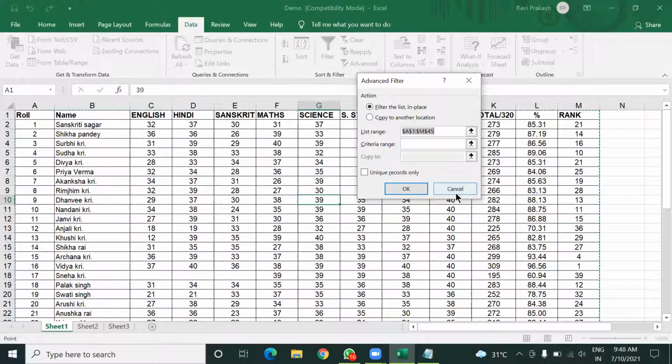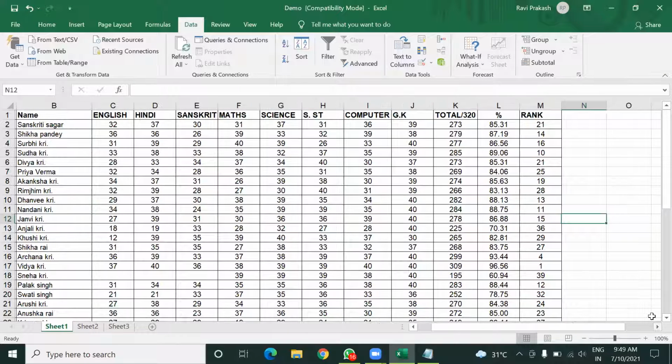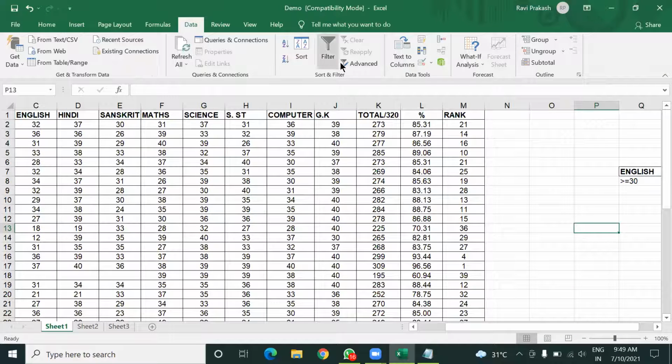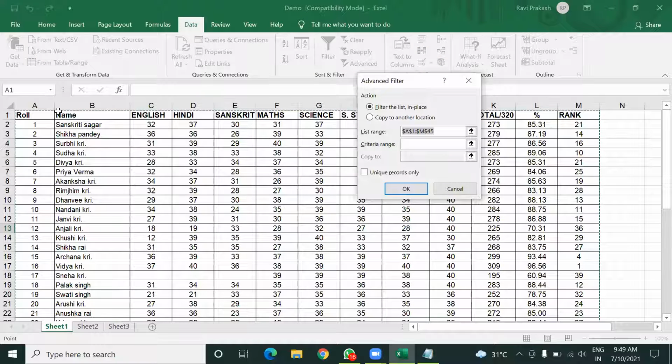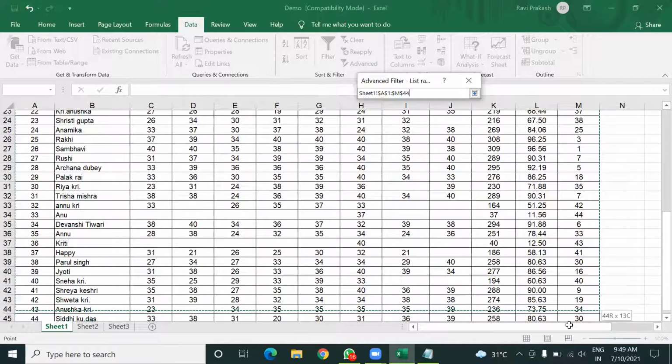Okay, it means if you click somewhere else in this sheet, not in this table, then just see again it is showing means selecting the whole table. So with that value, this list range option is now filled. So if it is not filled here, what you will do is select again all this whole table containing your data.